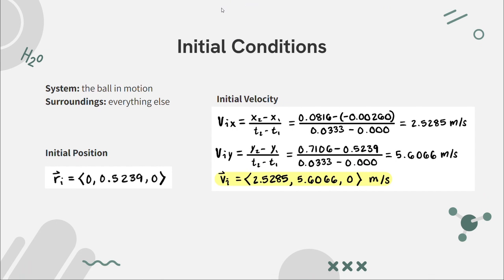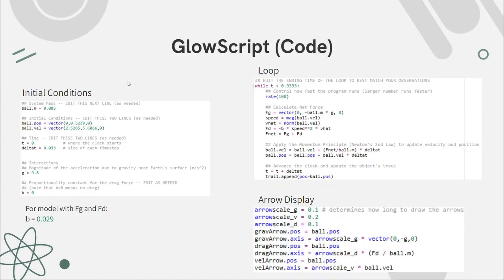The system is the ball and the surroundings are everything else around it, like air resistance and the ground. For the initial conditions of the experiment, I used the position and time from the first and second data points of the video to calculate the initial velocity of x and y components separately. As mentioned before, these are the initial conditions from the moment that I released the object. The b-value of the drag force formula was adjusted in closed group to follow the trajectory of the real-life observations